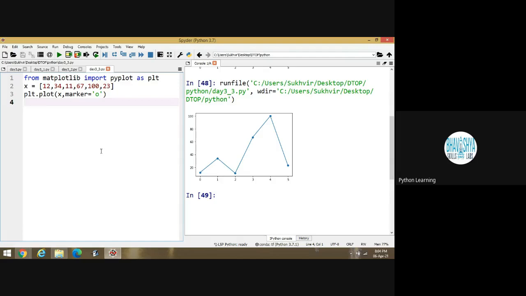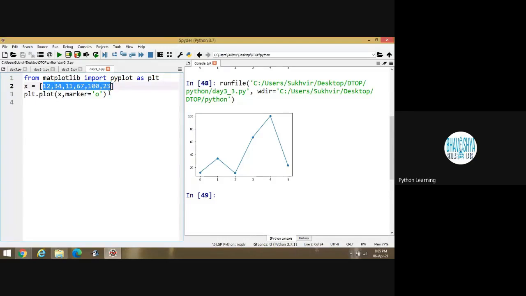Is it okay? Getting my point? Yes, sir. By default, these are the values from compiler side on the x-axis. These are the values from compiler side: 0, 1, 2, 3, 4, 5. Backend, all the values are defined. If I am writing only the value of x, okay.